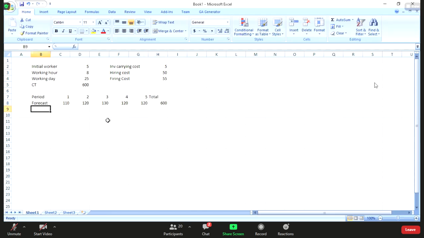Okay, then how to solve this problem? First, sorry, I think we need another information about the inventory, the initial inventory. Sorry, initial inventory is how many units? The initial inventory is 100, but at the end of the planning, the company wants to have only 80 units. So here we need to add another information. Initial inventory is 100 and ending inventory is 80.